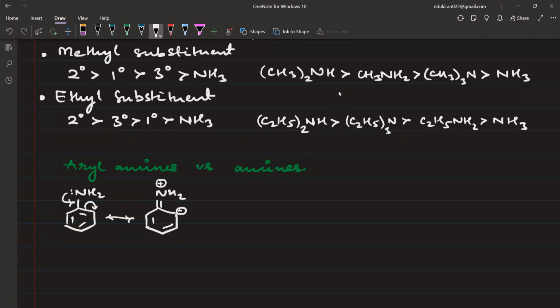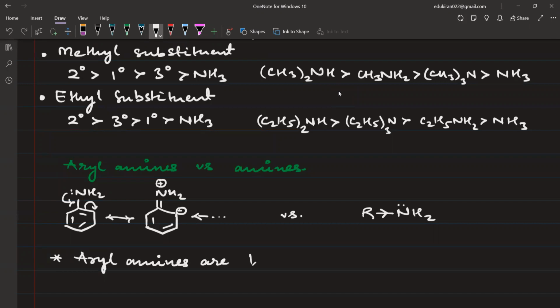Okay, and so on. Now, in the rest of all the resonating structures that you are going to make, nitrogen is going to have a positive charge. That means the electron density on nitrogen is not that much. But if you compare amines, you have an R group attached with NH2, and this is going to give electrons towards the nitrogen atom. So this is going to increase the electron density. You'll write here: aryl amines are less basic than amines